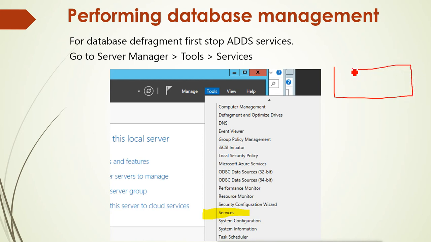Suppose we store data into the database, this data, then this data, then this data. Now what happens when we remove some data from here? The space is now empty in the database.